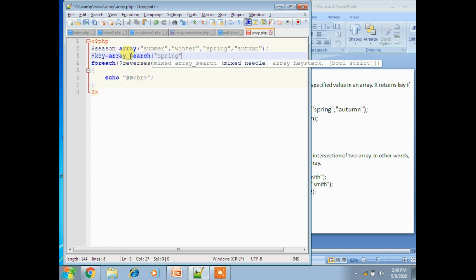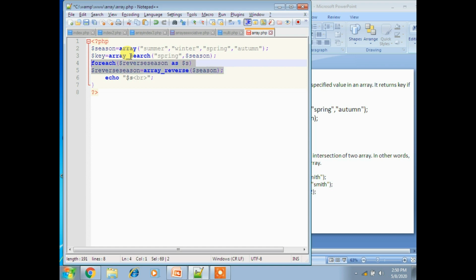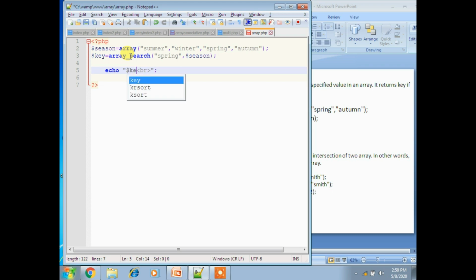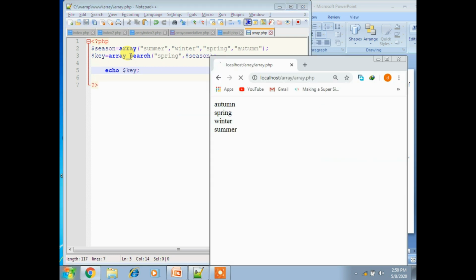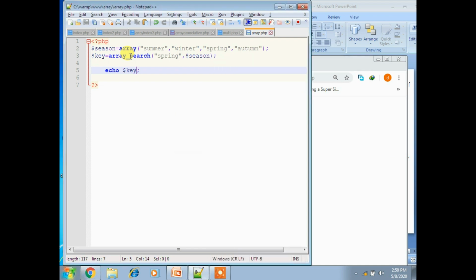I am searching this in dollar season. Here we have to print, so this is not required, and echo dollar key. Now save the program, this BR is also not required, and execute this.